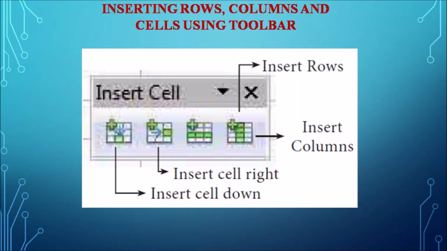Next we are going to see inserting columns, rows and cells with the help of the toolbar. We have seen all these three by inserting with the help of the pop-up menu and the menu bar. From the menu bar we select the option for inserting columns, rows and cells. Now we are going to use the toolbar. The insert cells floating toolbar is also used to insert cells, rows and columns.